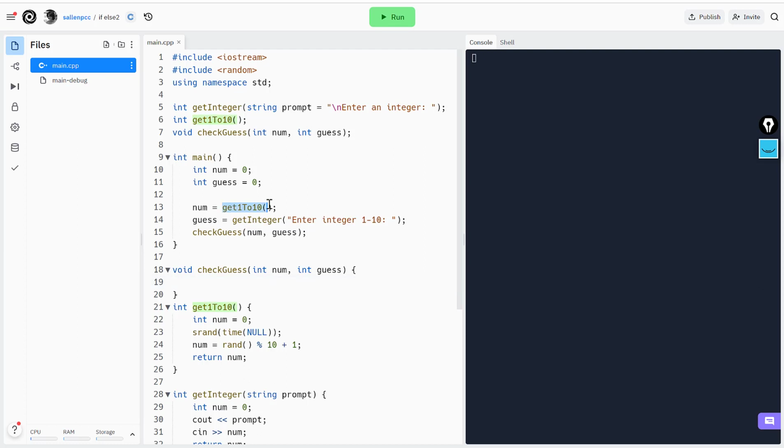I have a function get 1 to 10 that will generate a random number, 1 to 10. Remember, random generates a big integer, and when you mod any integer by 10, the remainders would be either 0 through 9, right? If it's divisible by 10, the remainder will be 0, and then the biggest remainder can be 9. And so when I add 1 to that, I will get a number 1 to 10, and then I will return that number. Then I'll ask the user to enter their guess, and then I have a function to